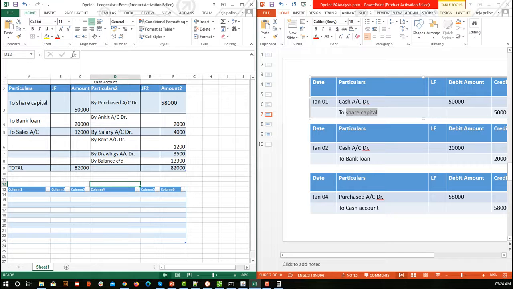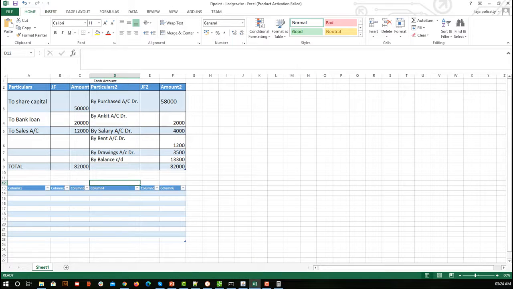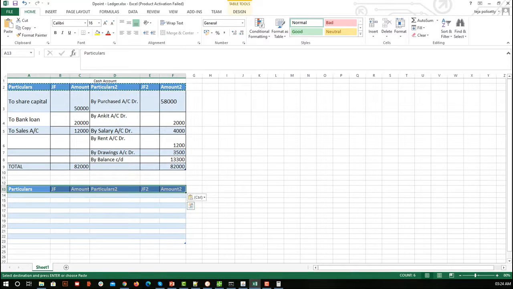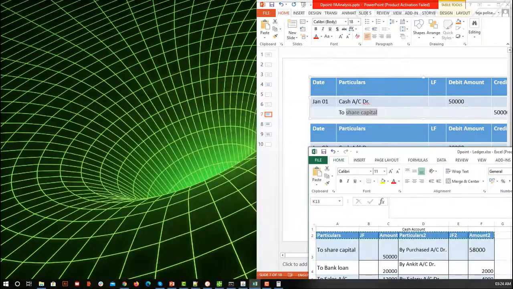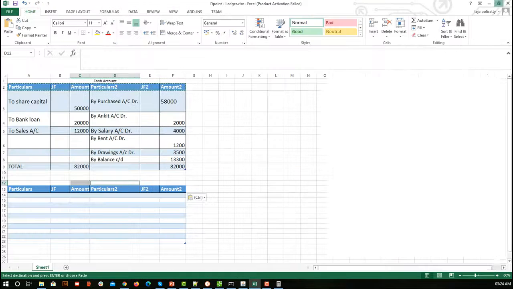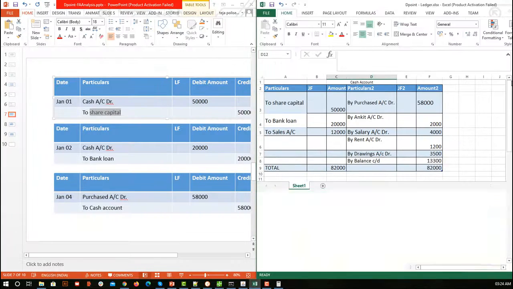Okay, and let me clear the filter. I don't want any kind of filter. I'm going to clear this. Fine. And let me copy paste this current heading again. Okay, yeah, we are good. So let me keep this. What is our account? The second account that we are to consider is the share capital account. Let me merge this.